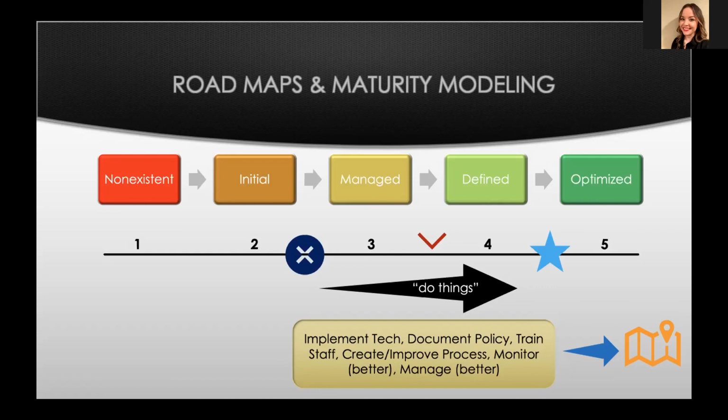Yeah, when NIST CSF came out several years ago, I guess it was the Obama administration actually, we had a bunch of clients saying, hey, this came out, we want to do this. And I looked at it, and all it really does is point you to different areas of the 800 series or the ISO series. But it's kind of easier to do. So we had a lot of manufacturing organizations who were behind the power curve in security anyway, because it made it seem easier and more digestible.